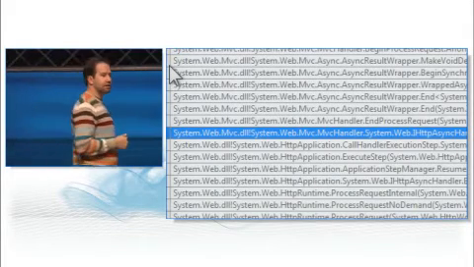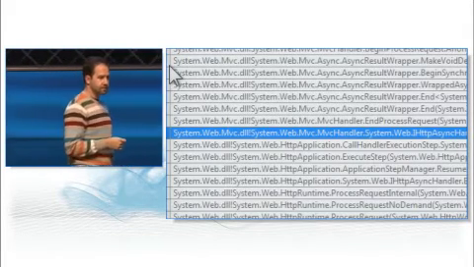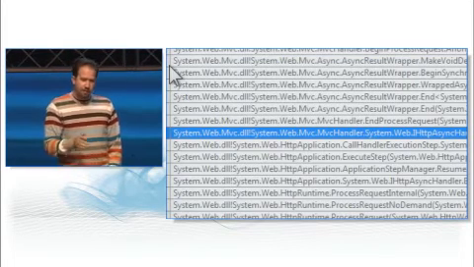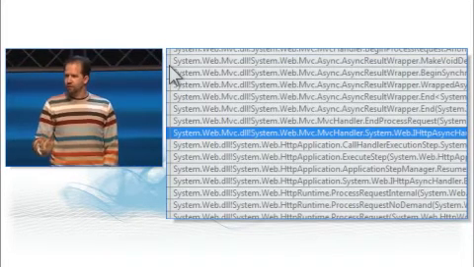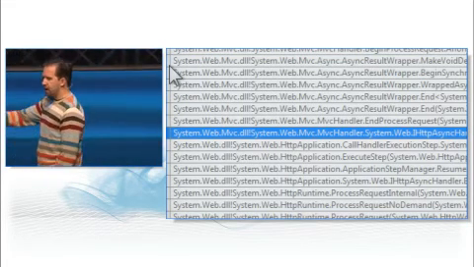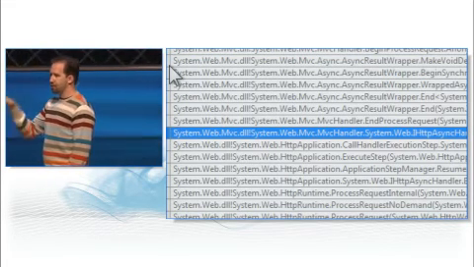So back to call stacks and back to ASP.NET. Choose to go through the drain and maybe up at least to the wall. You don't have to go all the way to the sewage treatment plant. You don't have to learn to take apart your car and replace the spark plug.